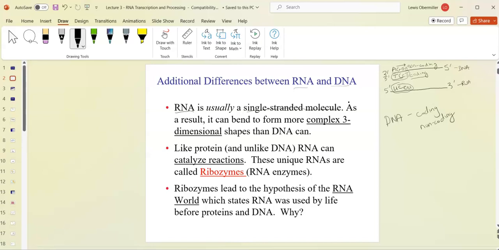The non-coding strand is the one that isn't the same as the code, right? So in this case, the strand that's red is the complement. The non-coding strand is the complement to the RNA. The coding strand is the exact same as the RNA. Same orientation too, 5 to 3. So most of the time, whenever you're looking at DNA sequences,